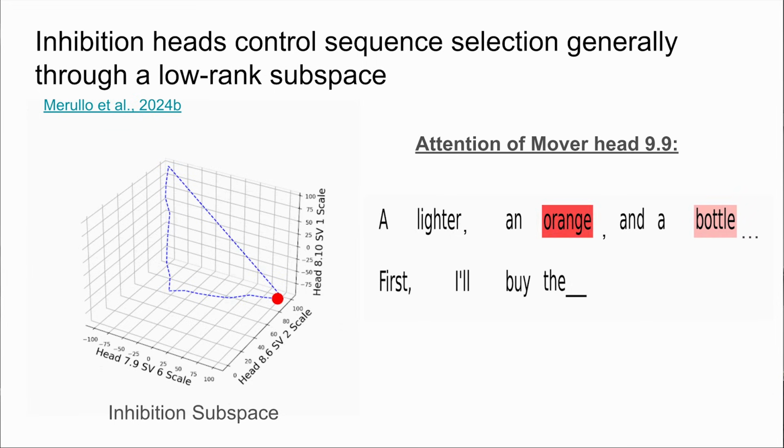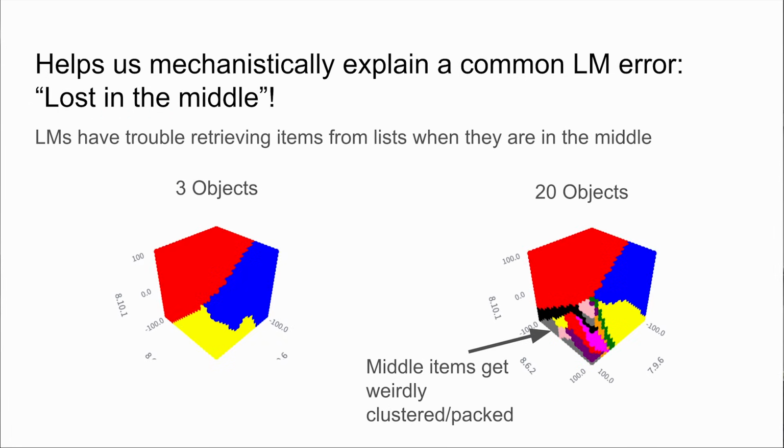So the inhibition heads are firing to prevent copying of items that you saw previously in a list. It fires on Oxford commas. It kind of controls generation of "the" and "and" after a comma, and things like that, just generally. And yeah, I thought that was very cool. And here's an example. This actually helped us explain a common language modeling error.